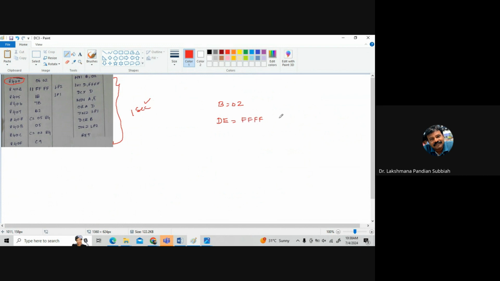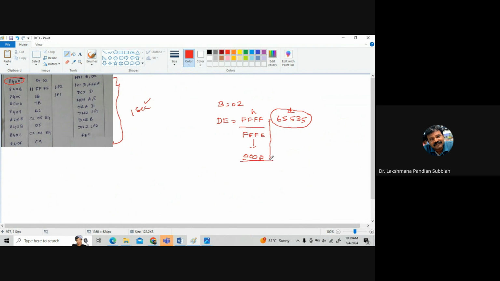The equivalent decimal is actually 65,535. So this is equivalent to decimal, right? This is hexadecimal, and the decimal is equivalent to this one, right? The DE pair is this one, right? Then the DE pair is going to be decremented. So the DE pair is allowed to decrement. So that one is FFFF, then FFFE. Then it will reach 0000, four zeros, right? So at that time we are having 65,535 clock pulses executed, right? Then 65,000 clock